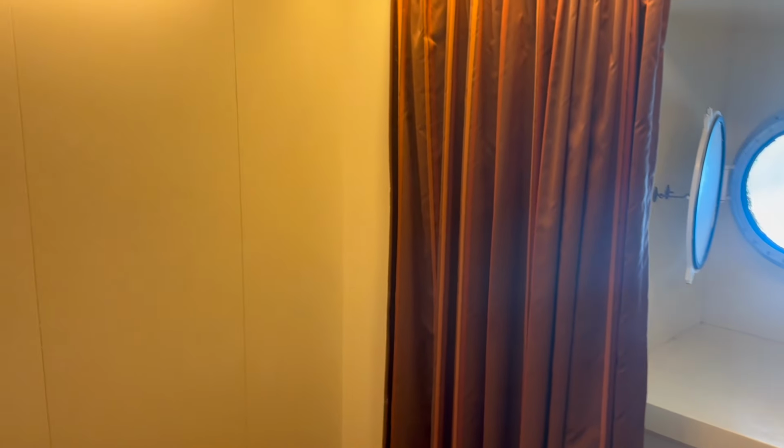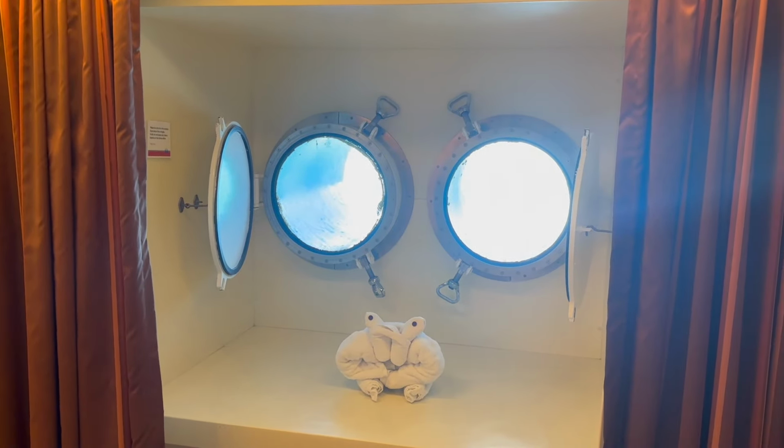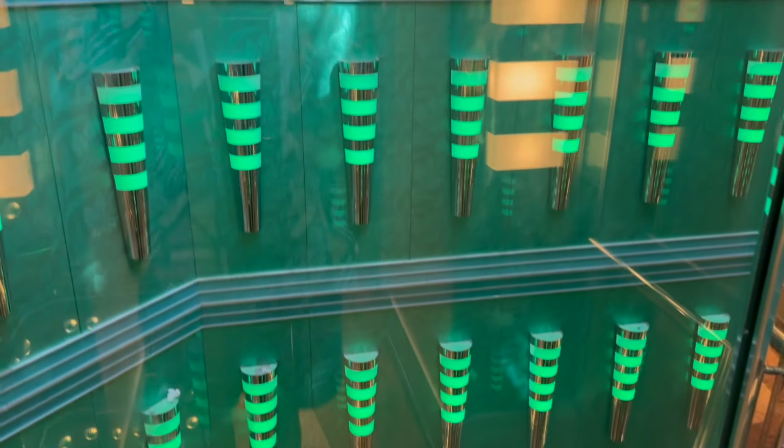You hear that? You feel that vibration? Those are the azipods. We're getting ready to leave. Let me go up top and we'll get some sail away footage or whatever. We'll talk soon. So I made my way up the Great Glass Elevator to deck 11, which is the deck